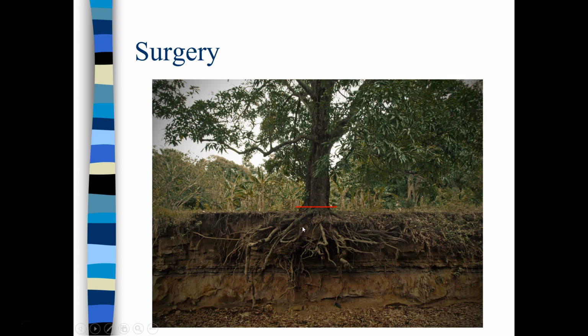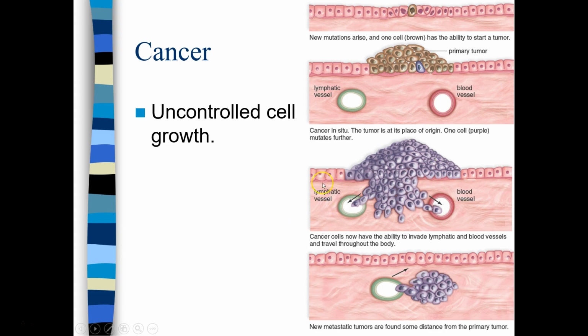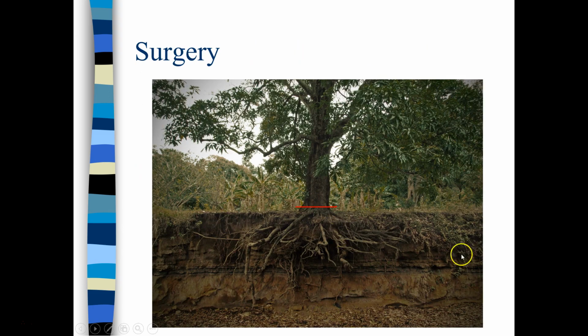Surgery is an excellent option in early stages of cancer, when the tumor hasn't started to invade into surrounding tissues, particularly inwards, and particularly when it hasn't metastasized. Once it's metastasized, surgery becomes not a very effective option because you're just cutting out a large group of cells, but there are still cells circulating in the body. It's very unfortunate. So if you were to try and remove this tree and all the roots, remember, because of the way cancer works, if you want to fully eradicate all the cancer cells, you need to get every single root. If you leave any, the cancer could come back.